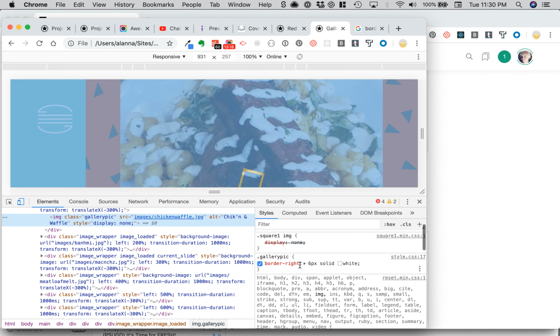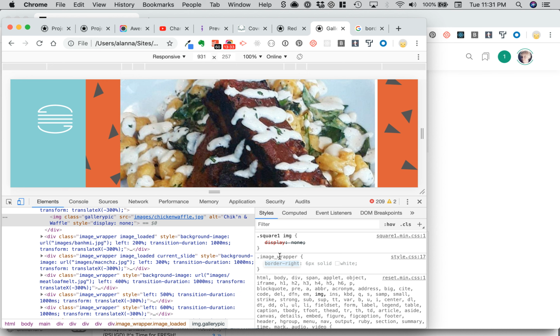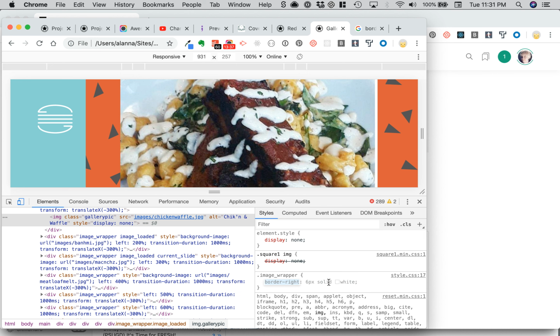Border right, 6 pixels. It thinks it has a border right. If I change this to, what did I say it was? Image wrapper. Okay, well that seems to work. Okay, that's just bizarre. Anyway,